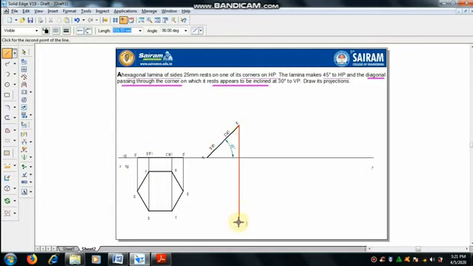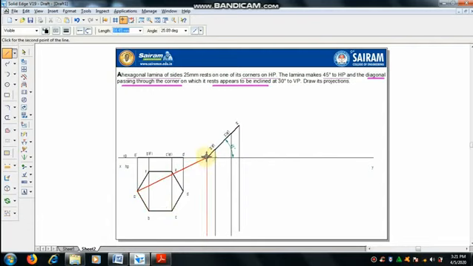With the help of the line command, draw the projector lines from each end point, vertically downwards, from each corner.